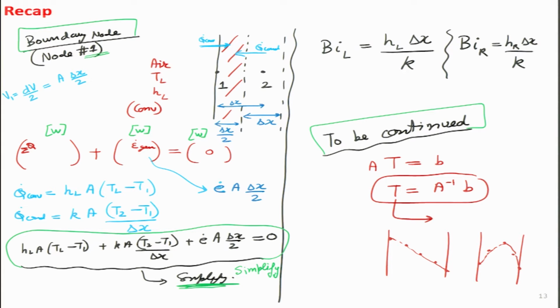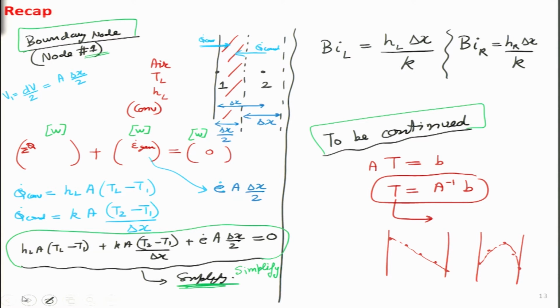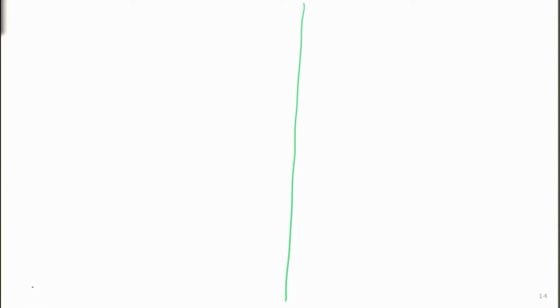So, I will use the next slide to simplify this particular equation, and then let us try and see how this equation fits with the others that we have already written before it. Okay. So, let us go ahead and try and use that particular black equation once again, and why don't I go back and maybe I will rewrite it over here quickly. So, h A (T_left minus T1).